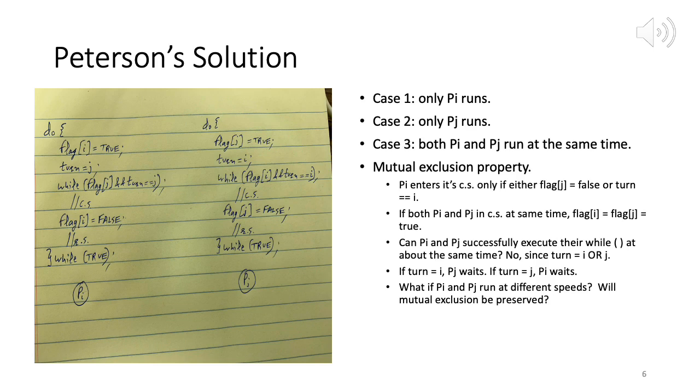Okay. So if Pj is fast and Pi is very slow, then Pj will just wait at the while loop. Of course, if Pj is extremely fast and Pi is extremely slow, then if Pj evaluates the while even before Pi could set the flag i to true, then of course Pj will enter. So you can do this test, try to see various speeds. What we are saying is, even if Pi and Pj run at different speeds, the mutual exclusion will still be preserved. Only one at a time will be in their critical section. Okay, hope it's clear.